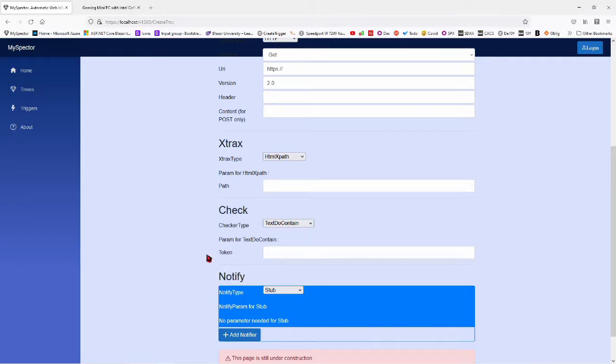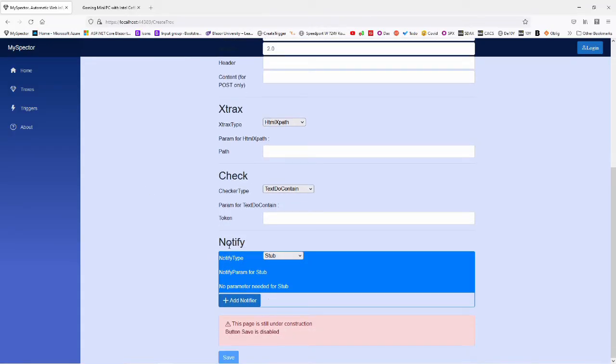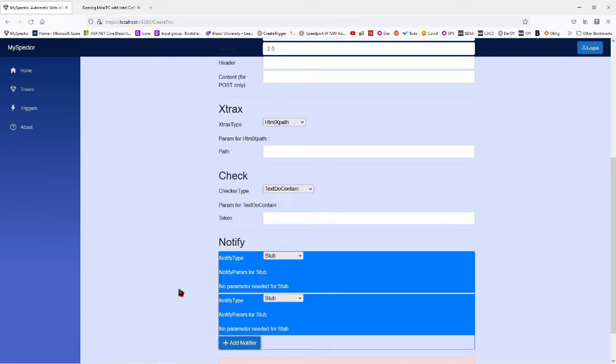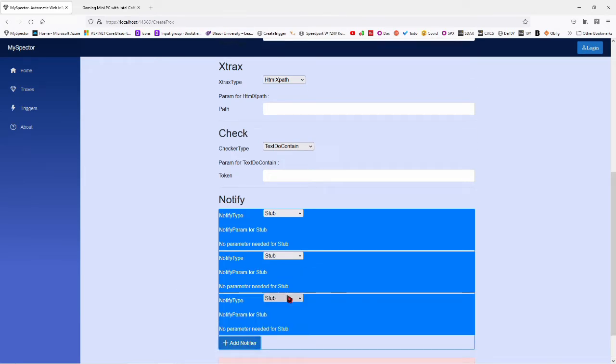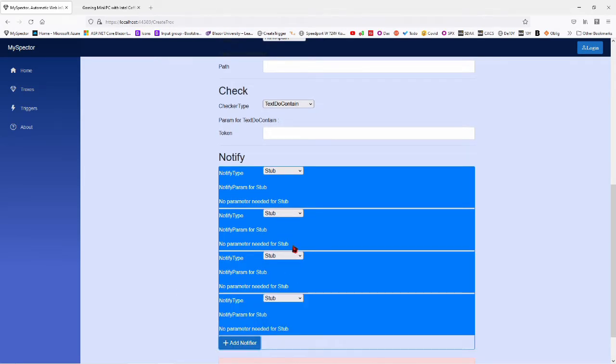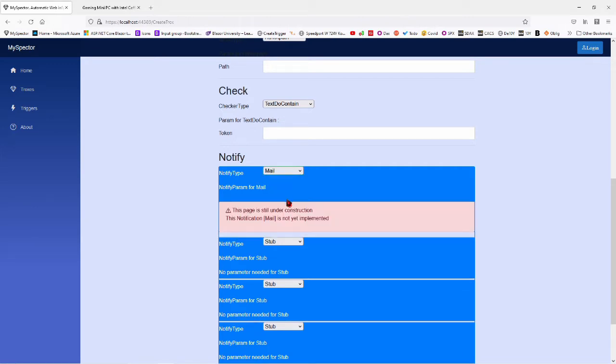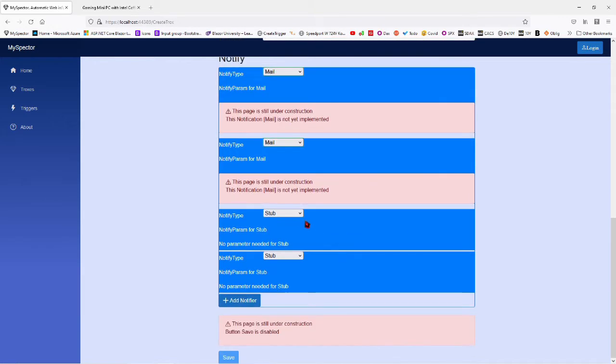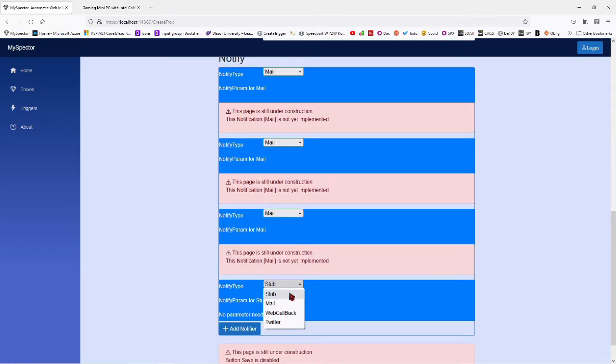To show you what it is technically doing, I can add a notifier, and here dynamically I can update my web page and add different notifiers. If I want to send an email, I can send an email. There is just a little display that the mail is not yet implemented. You can ignore it, but if I want to send 3 different emails, I can put 3 different emails like this.